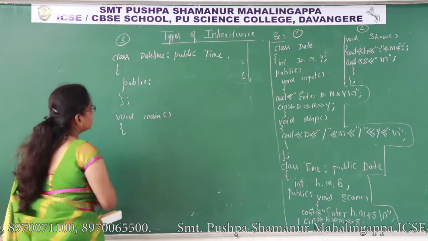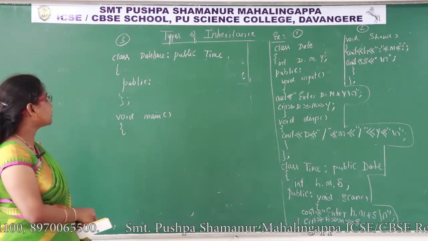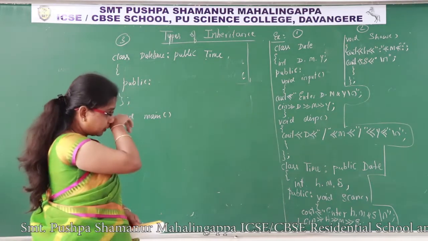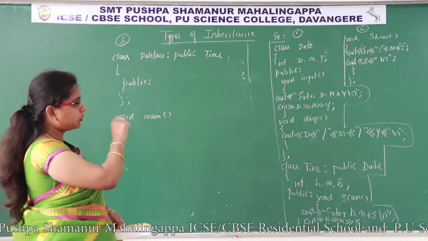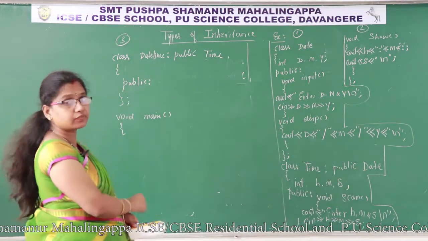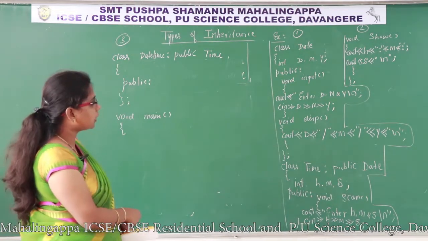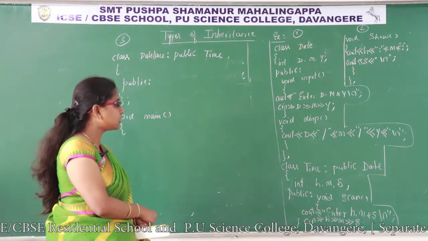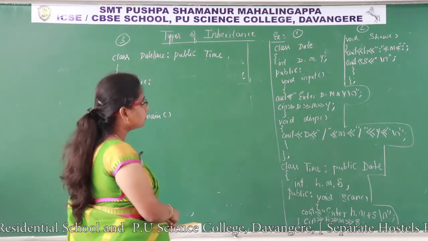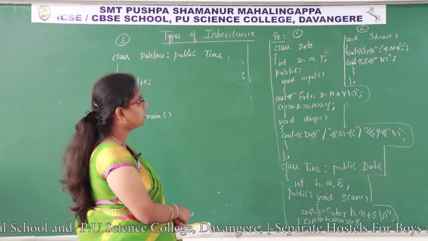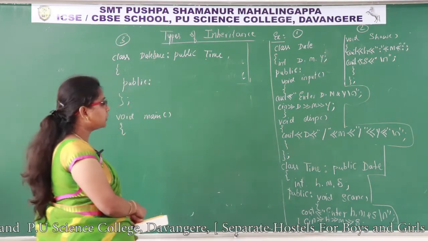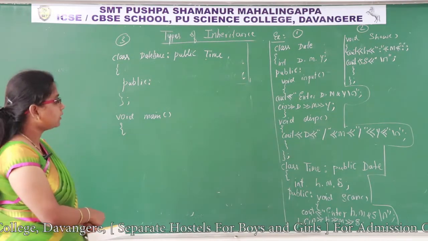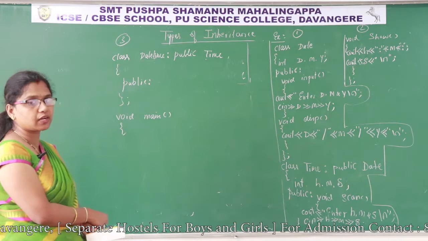I did not write anything here in the public section because the public section of date to time has all these functions, input function, display function. Input and display functions are member functions of class date and they are inherited to the derived class. The time class public section has scan function, show function, input function and display function. In total there are 4 functions in the derived class, in the public section of class time.